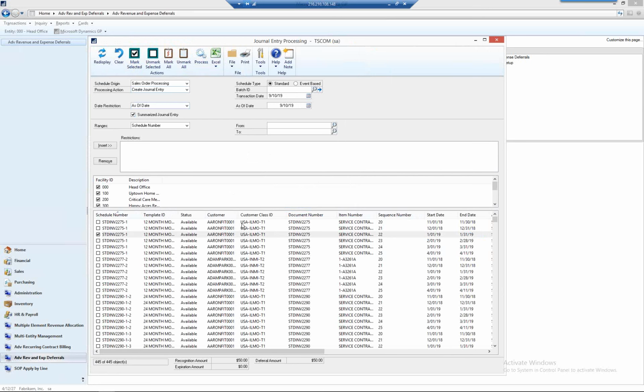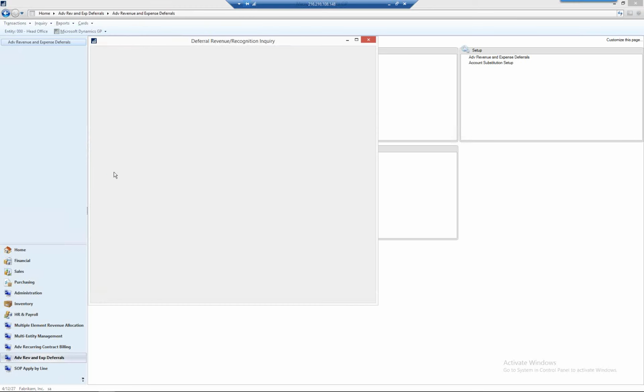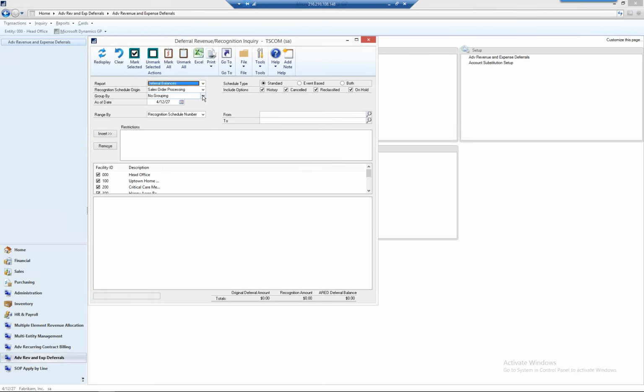And of course, if I've got a lot of deferral schedules, I can summarize the entry. So I don't have a 40,000 line journal entry. Really, really simple. And finally, I can also inquire and report on this. For example, if I wanted to take a look at a grouping based on deferral account, which is the most common one,